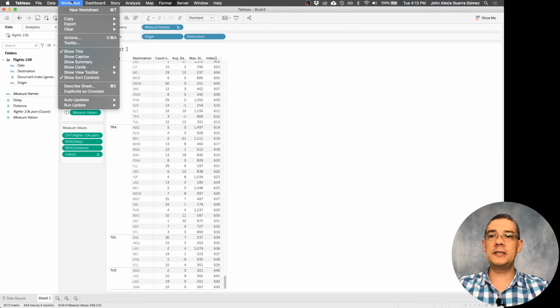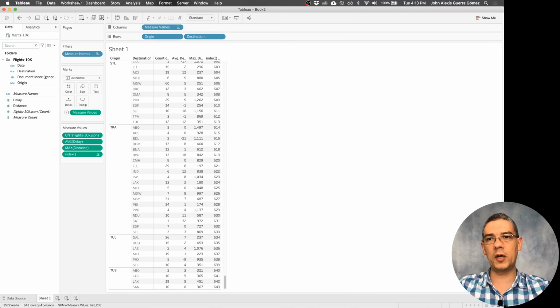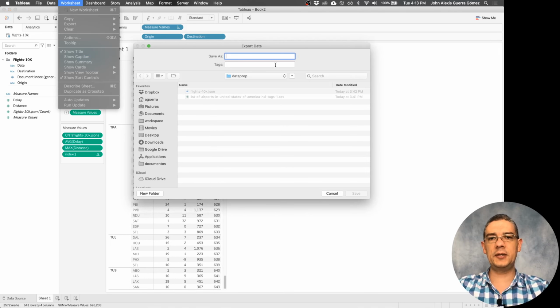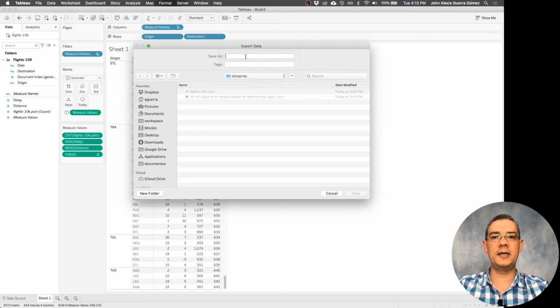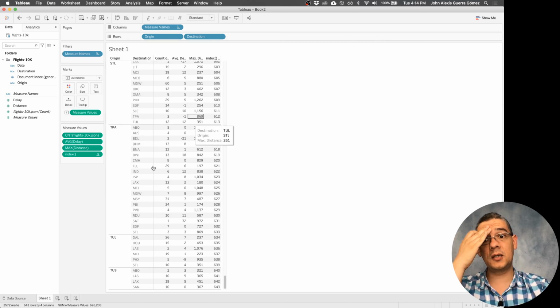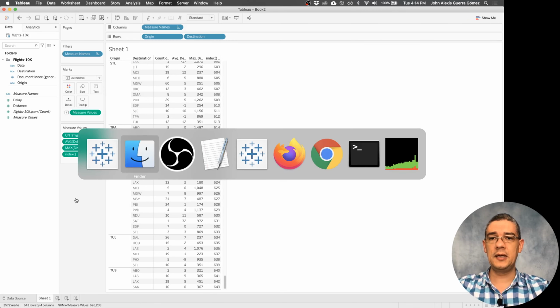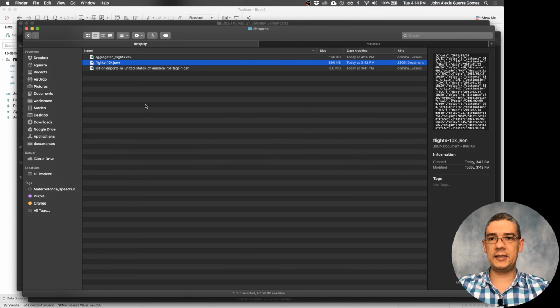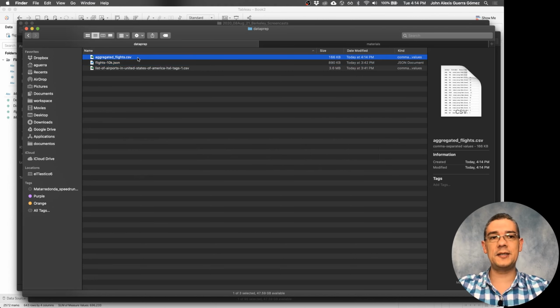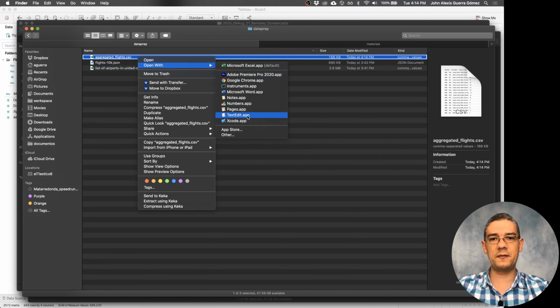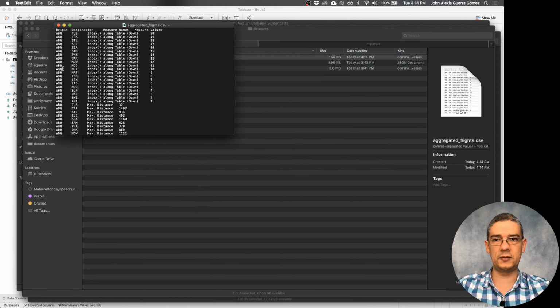And then what you can do is that in Tableau, you can actually export your data. So you can come in here in the worksheet and then Data, Export. And then you have to specify in here, let's say this is aggregated flights, and this is going to be a CSV file. So once I do that, a funny note is that even though Tableau is saying that it's a CSV and it prefers CSV files, if you open that in a text editor, you're going to find that it is,